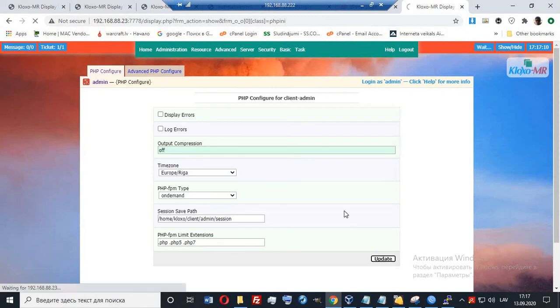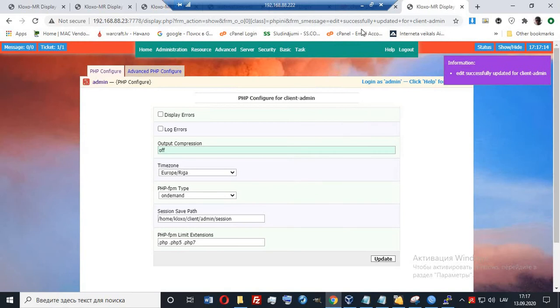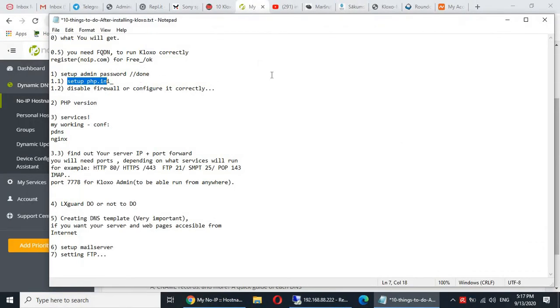And click update. At this point, these two things are set up, so we can click done. What else do we need? We look through,